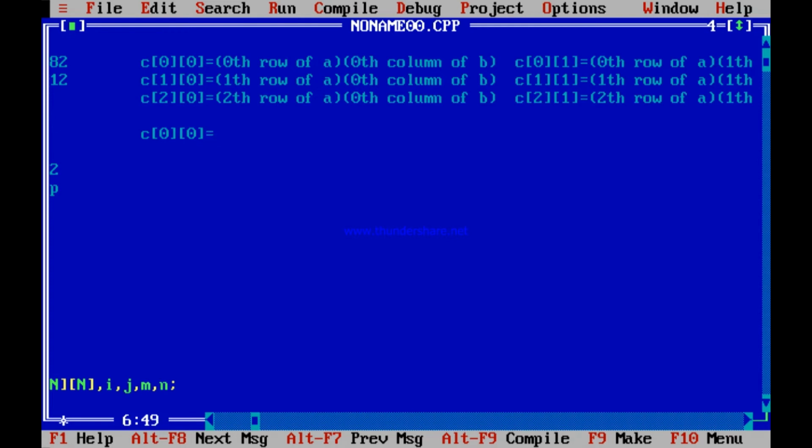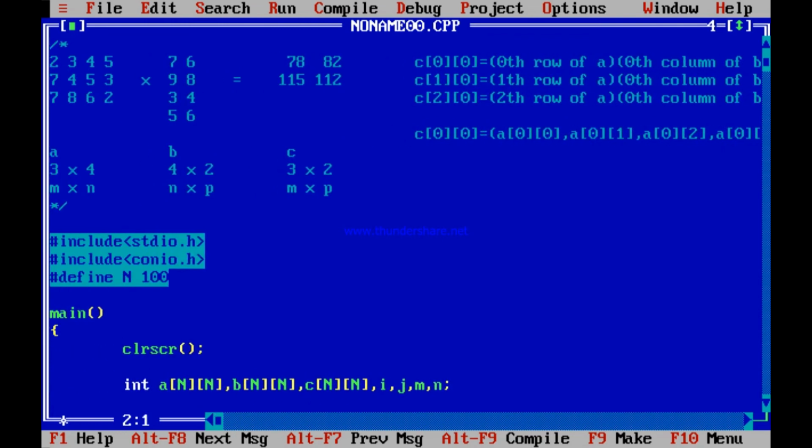It is the 0th row of A and the 0th column of B. What are the numbers to be used from A? 0th row of A means A00, A01, A02 and A03, is not so? C00 is using the 0th row of A.